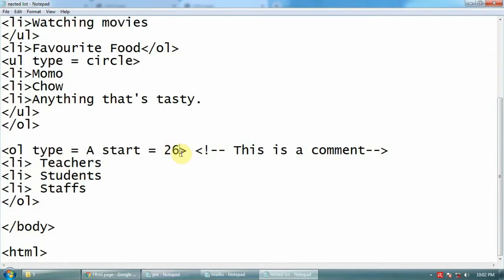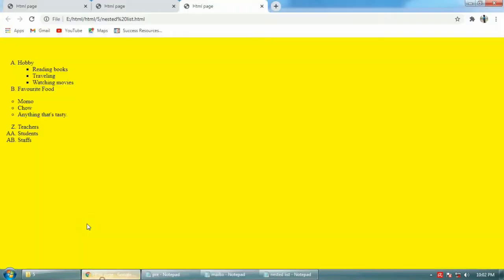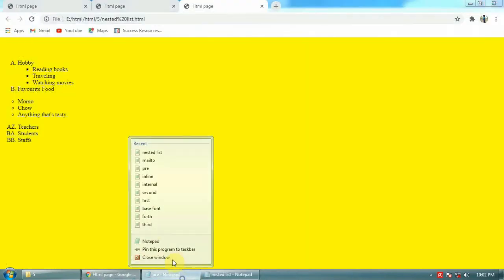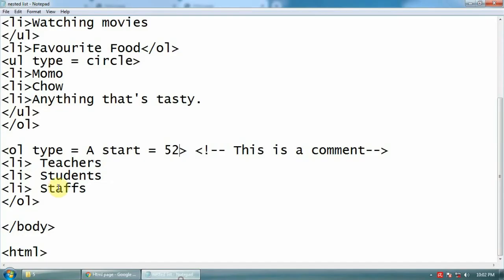Understood? Then if I start with 52, AZ will be the last. Then again it will start from BA, BB, BC, BD, BE, like that. So this is how it works for alphabets.